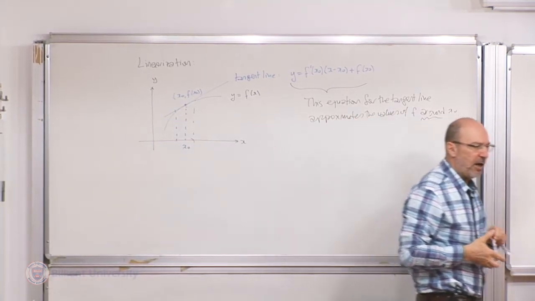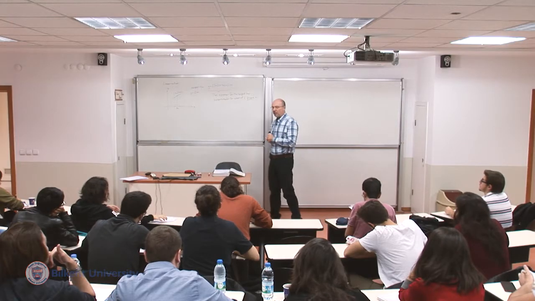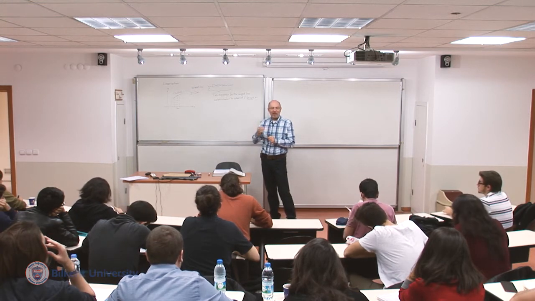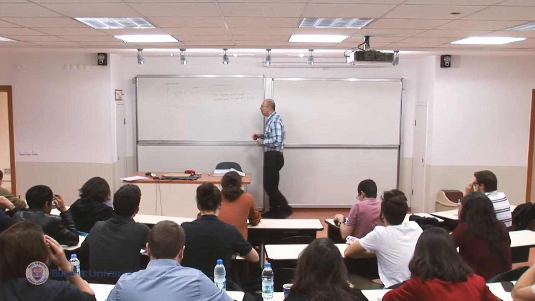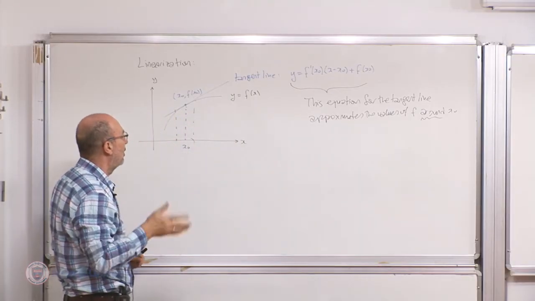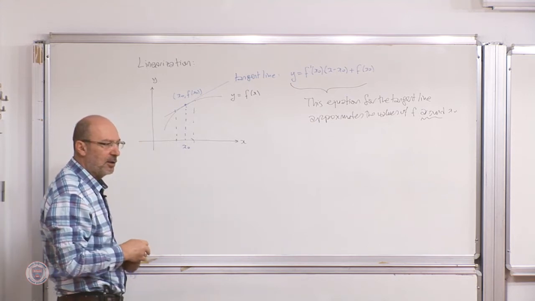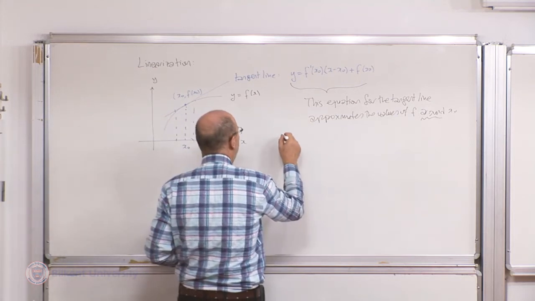At this point, we don't have tools to give an upper bound for the error, but next semester when we do Taylor's theorem, we will know exactly. Well, if you know exactly what the error is, you know the exact value. We will have upper bounds for the error. Okay, so I think here the upper bound will be 1/2 the second derivative, upper bound for the second derivative. But anyway, this semester we will not be interested in the upper bound. Okay, so this being the idea, so we say